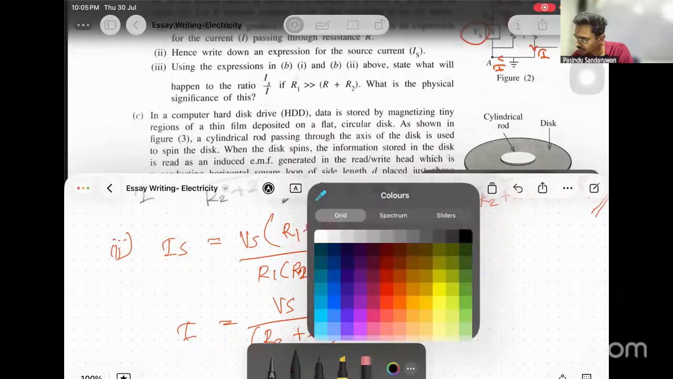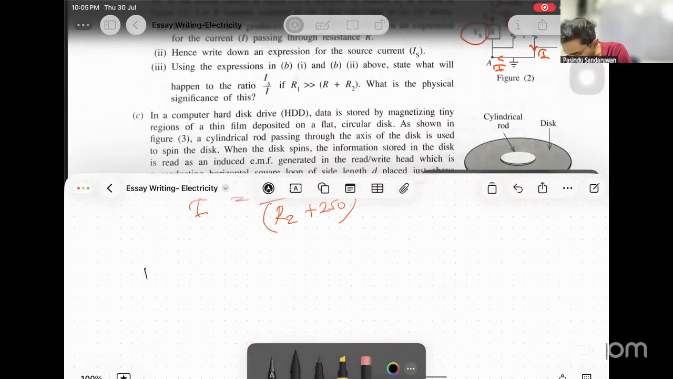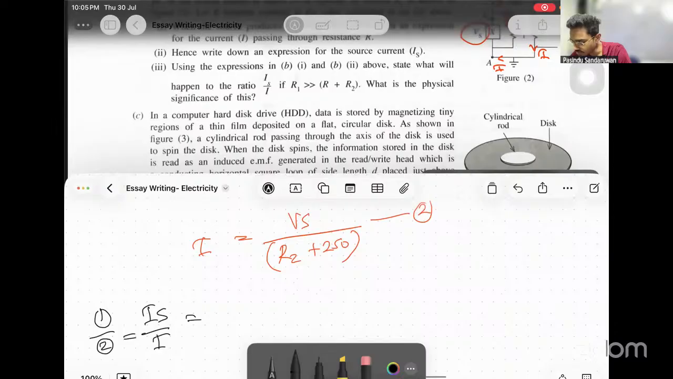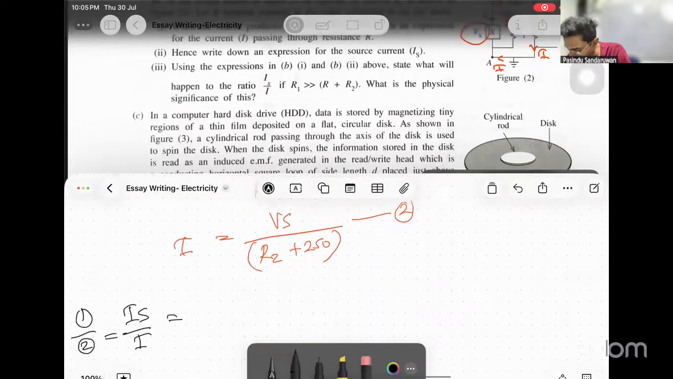Divide these two. See what happens. Then Is over I, that is 1 over 2 from my equations. 1 over 2, right? Then Is over I equals, from Is, Vs times